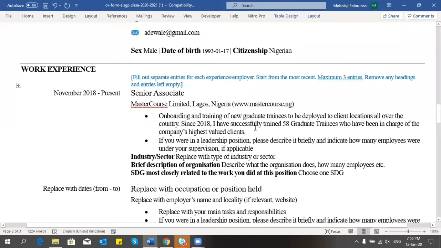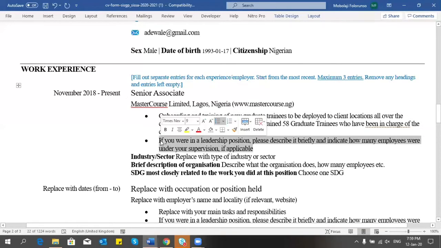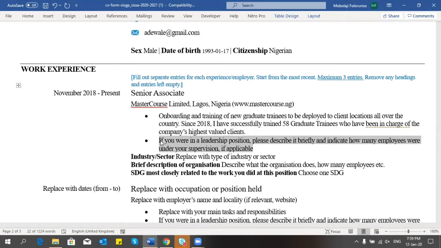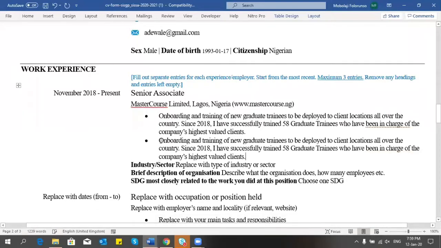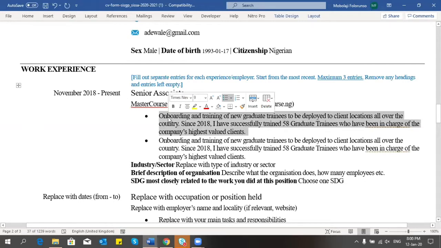Now that's the first entry. The second entry says, if you were in a leadership position, please describe it briefly and indicate how many employees were under your supervision, if applicable. I think this one that I wrote here is better placed here, because here they asked if you have been in a leadership position, and how many employees have been under your supervision. So what I wrote in that first part should have been here. So I'm going to replace this with something else, which is